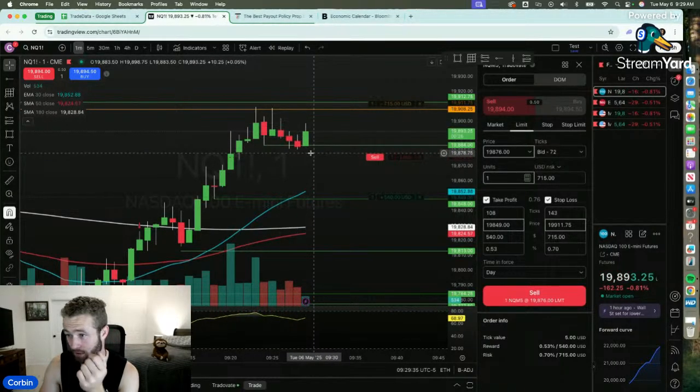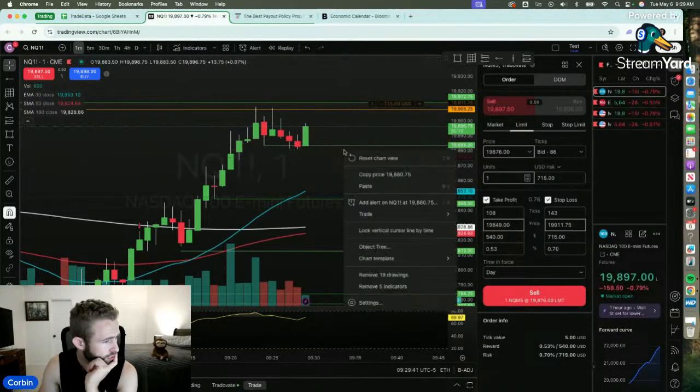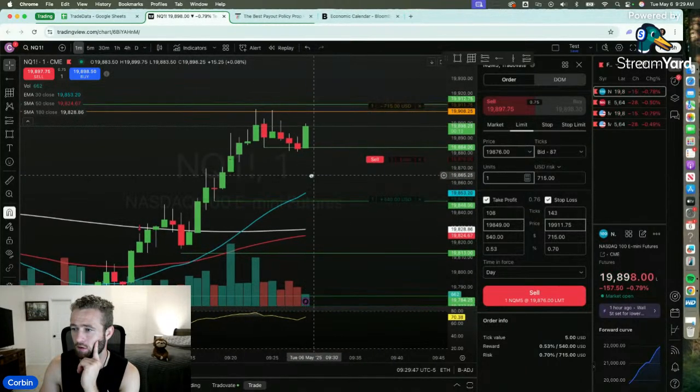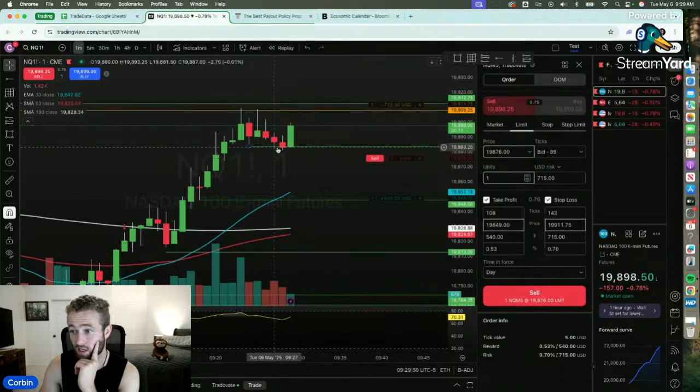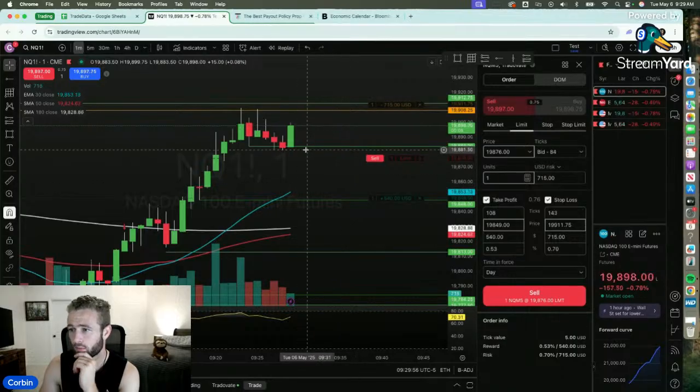Okay, but it was a break in trend. It's 3 candlesticks. I think I'm going to watch this one play out because I'm just not sure how to read this right here, because it's 3 candlesticks. Technically, it was a break of structure. Yes. But